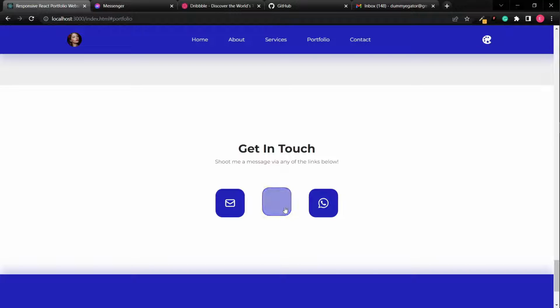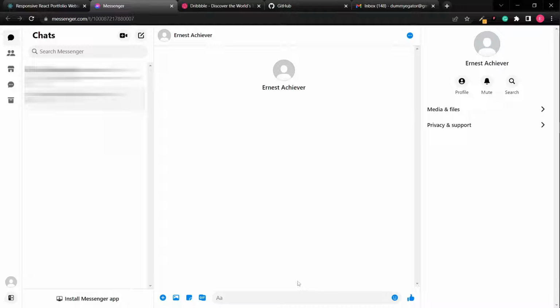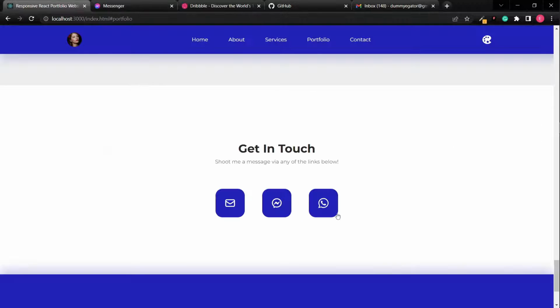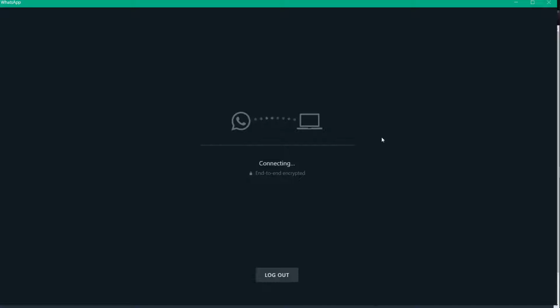You can also be reached via messenger. Okay, Facebook Messenger. So on click of this link or on this icon here, they can directly message you here, and send you a message. Okay, I'm going to show you how to do that as well. And lastly, through WhatsApp. Okay, so on click of that icon,